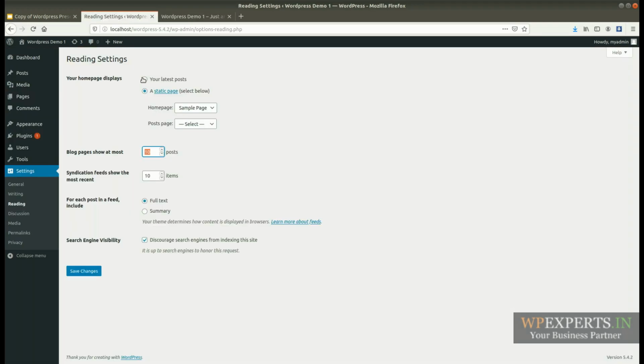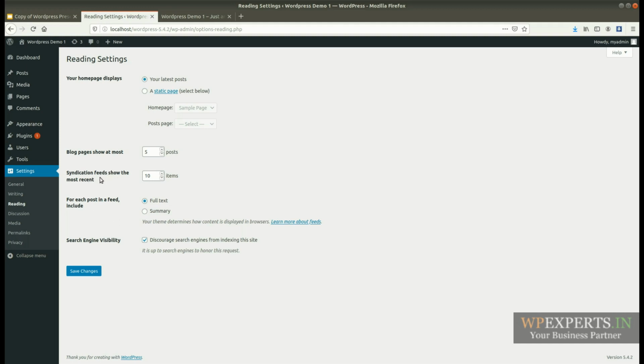If you want to show only 5 posts, not 10, in that case you can define 5 posts here. Then only 5 posts will be shown on your blog page. Okay, so this is the setting to define the page display.